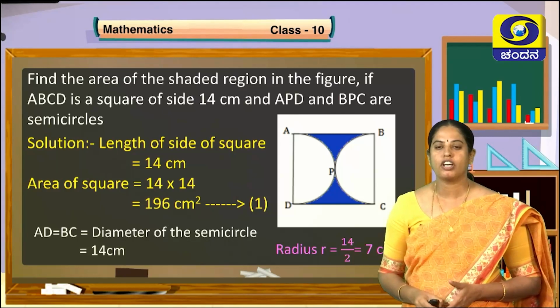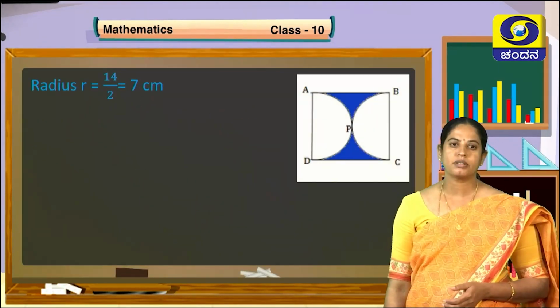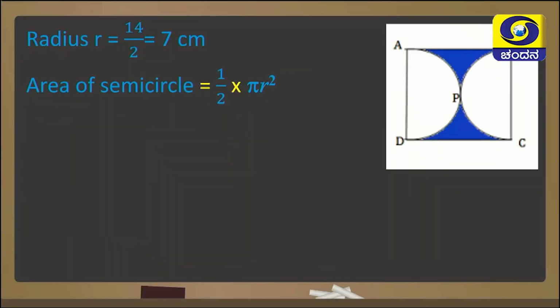By using the formula, you can easily find the area of the semicircle. Area of the semicircle is given by half of the area of the circle, or you can easily take the area of one circle, because the sum of two semicircles gives the area of the circle. That you can also do. Yes. Now substitute the value in the formula, that is 1 by 2, value of pi is 22 by 7 and r square is 7 square. Now only we know radius is 7 centimeter.